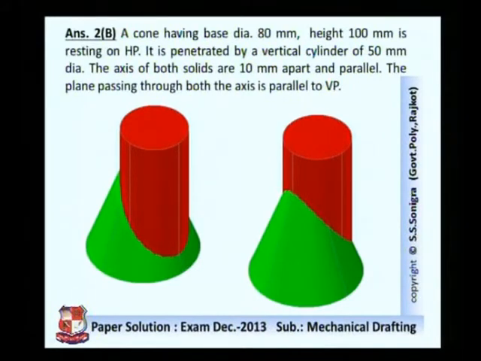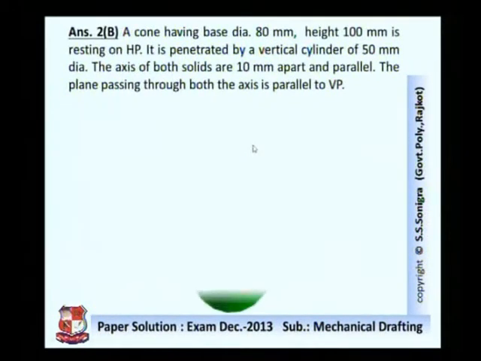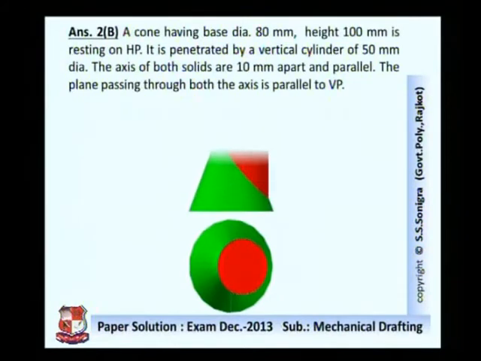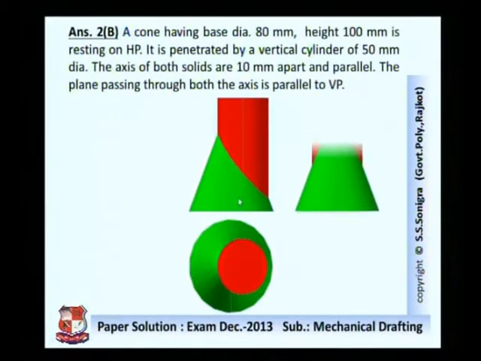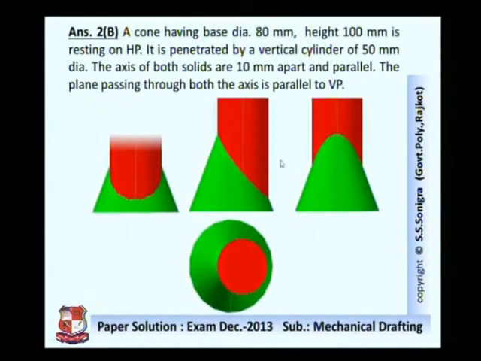These are the two solids. A cone, green colored shows the cone, and this is cylinder, red colored solid. In this condition, two views are given, one from this side, another from the back side. The axes of both the solids are 10 mm apart. In this case, we have to draw these cases. This is top view of the given case. If you look from the front side, it would appear like this: cylinder and cone, side view, and this is another side view. You can see here, this is the isometric view of this assembly.